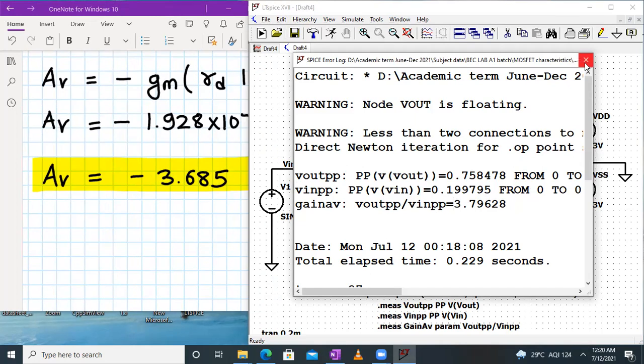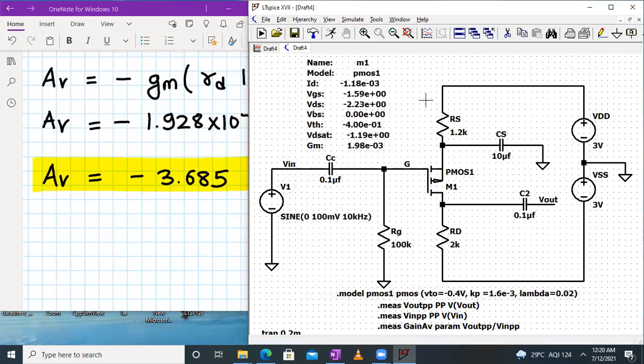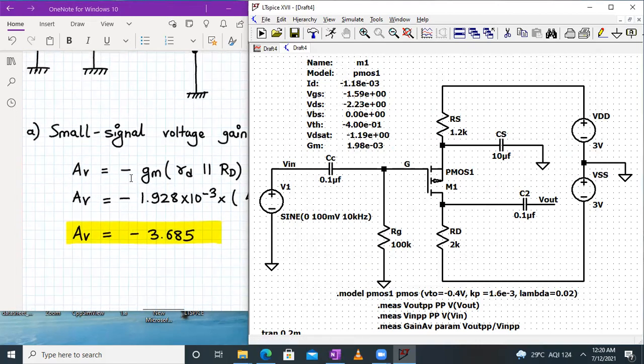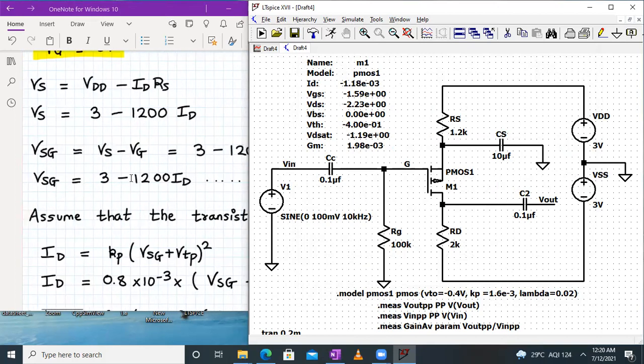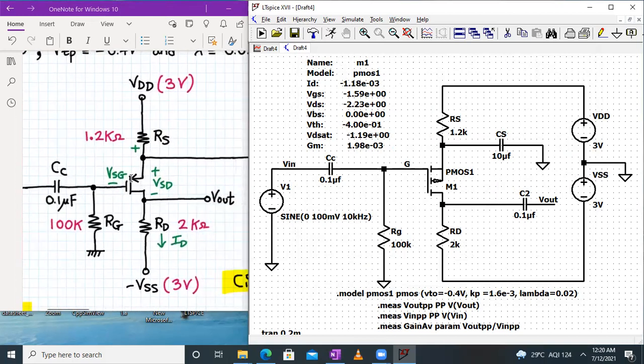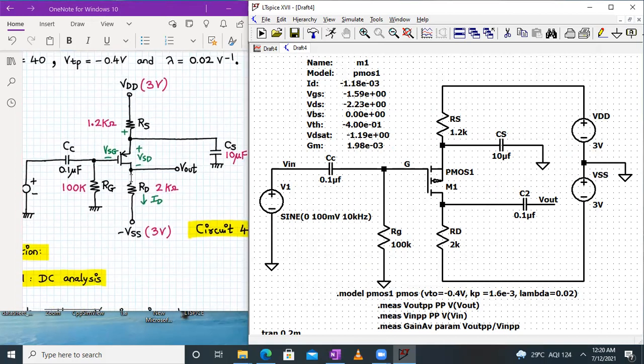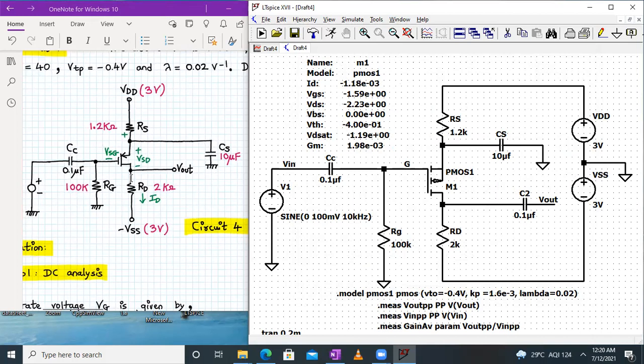In such a manner, we can calculate and estimate the values of all the DC parameters, the small signal voltage gain and the small signal parameters for any MOSFET amplifier, either by using a P channel MOSFET or an N channel MOSFET. The analysis will remain the same. So that's it for this session, and we have completed the analysis for 2 MOSFET numericals using a PMOS enhancement transistor.